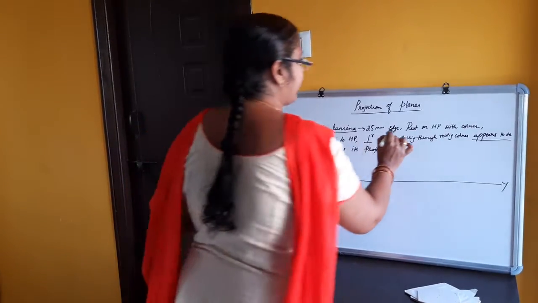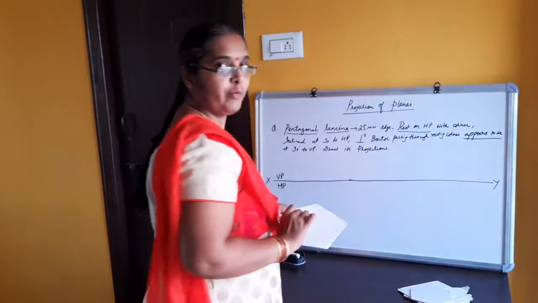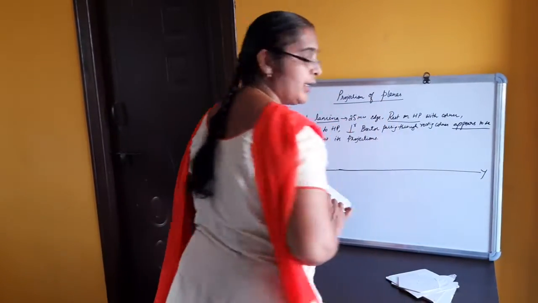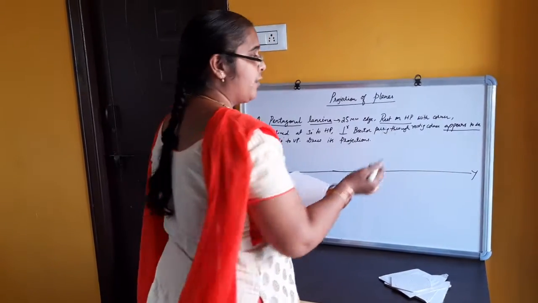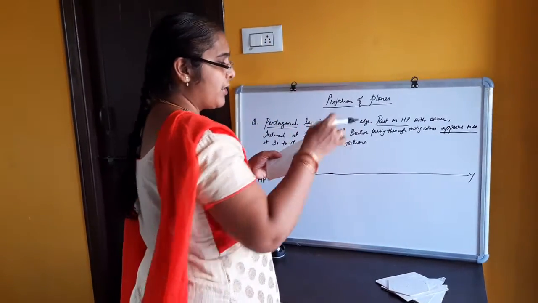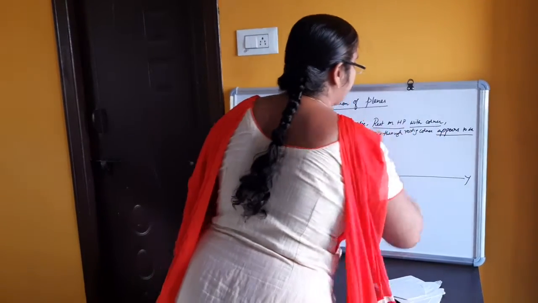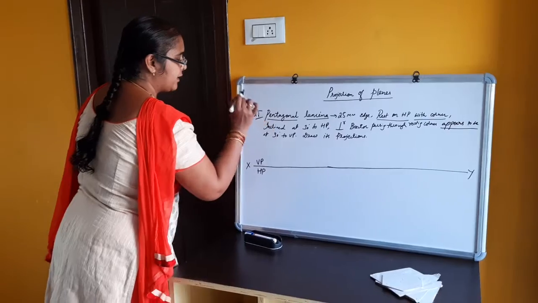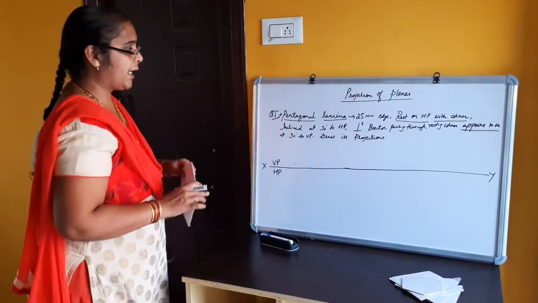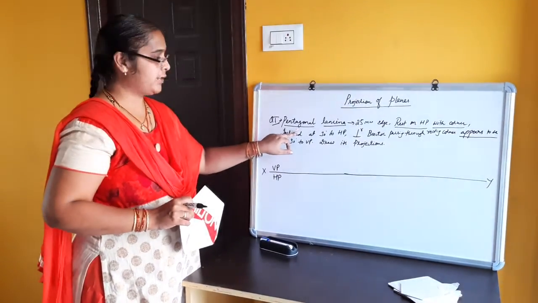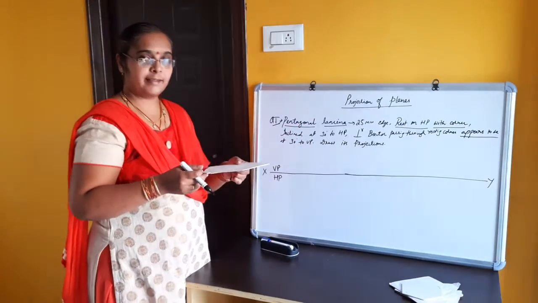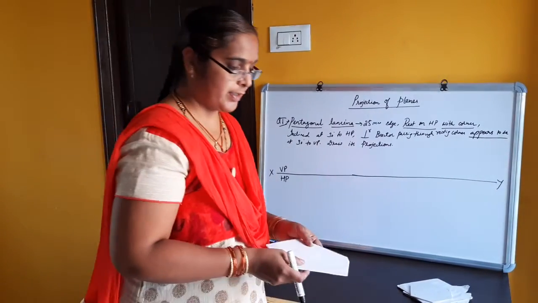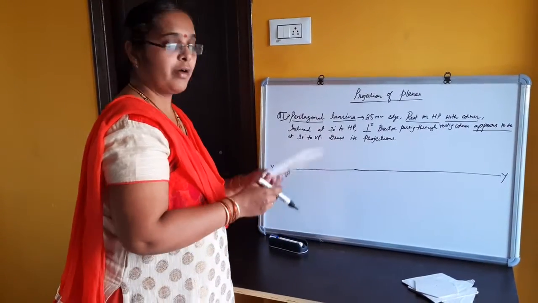For the first stage we will need the information where it is resting, whether it is resting on HP or on VP. So in this case it is resting on HP. With what position, whether it is resting with its edge or resting with corner, we need that information. So for the first stage, this data is enough. The type of lamina, which is the pentagonal lamina, and its edge length is required, which is nothing but 25 mm, and we also need where it is resting, whether on HP or on VP.